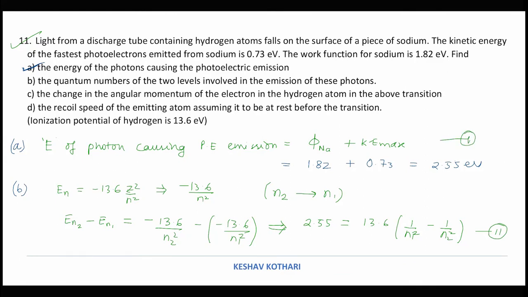Now if we solve this problem for the values of n1 and n2, we solve using the hit and trial method, that is, n1 and n2 are integral values. If we solve by hit and trial method, the values we obtain are n2 equal to 4 and n1 equal to 2. It is obtained by hit and trial method. Kindly keep this in mind. We will not be able to frame any other equation for this particular part.